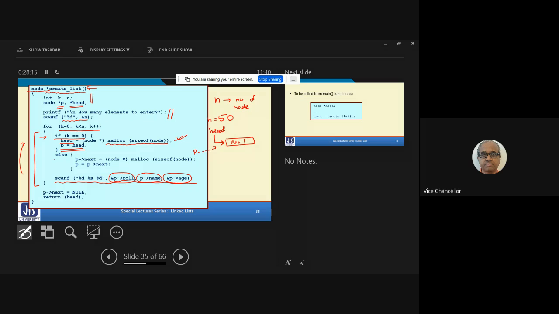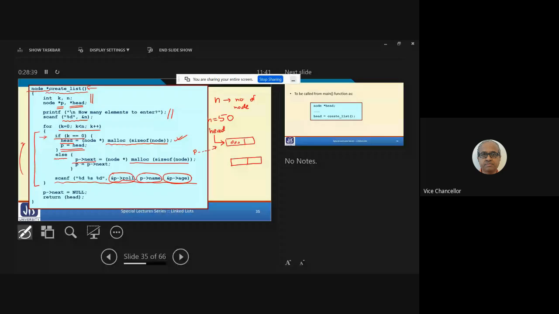So now you come to the else part. In the else part, you again allocate space for a node, the second node for the second student, and the return value you are storing in P next.